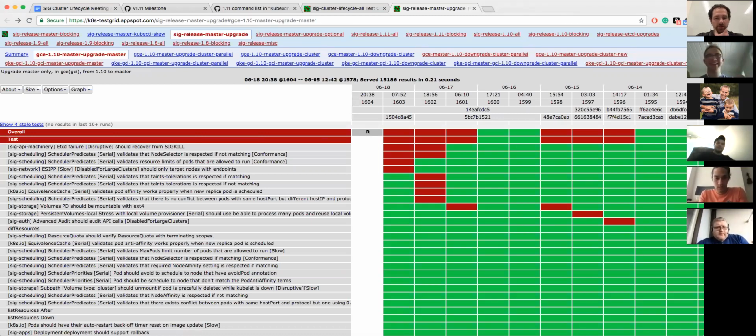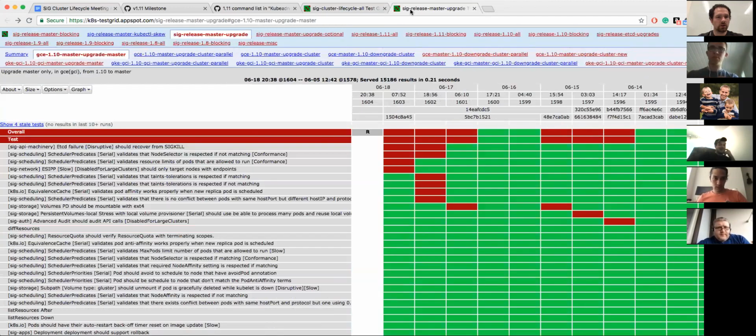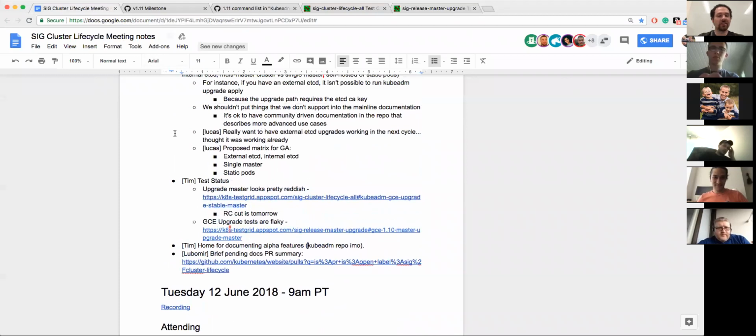Yeah, I mean, looking at the top failures, at least recently, there's a large number of scheduling ones that are also marked as serial. So I'm going to go track down Bobby and see if he can spend a few minutes looking into those. What's interesting too is that in the kubeadm upgrade stable master, I also see the scheduler predicates failing. Interesting. And I do think there was a little bit of churn in that code. There was, related to the release. So that actually might be indicative of bugs as opposed to just flaky tests. Yep, or both. Bugs in the tests or in the code, one or the other. Oftentimes they're correlated.